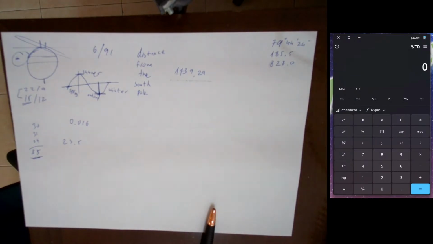Anyway, 1139.29. What? 1139.29. Now we need to add that distance to the distance of the sun from the pole, which is plus 90 minus 23.5, which is 66.5 times 111.12,